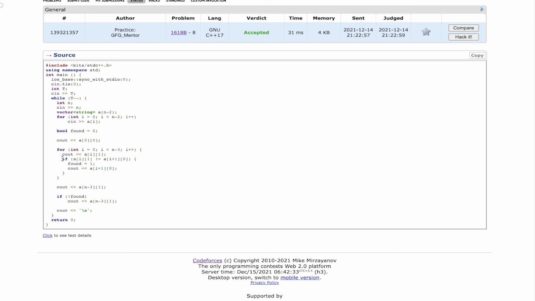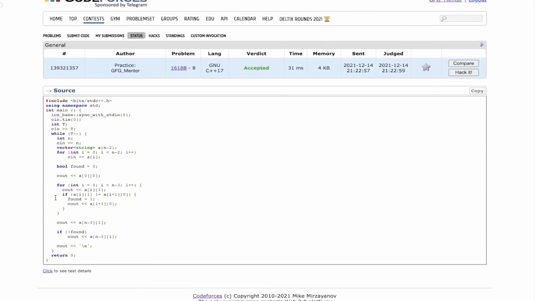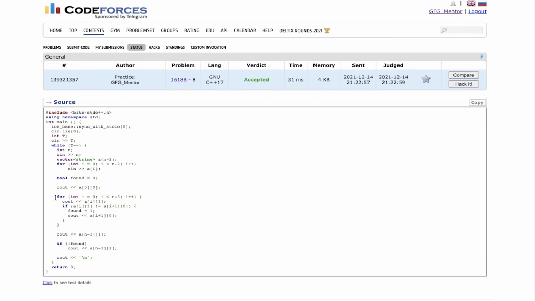That means we have found the missing bigram, and we do not have to append the last letter now. After that, since we have not printed the last letter of my last bigram, we have to print that at the end, and then we have to print the newline character. In this way, this is the implementation of this question.